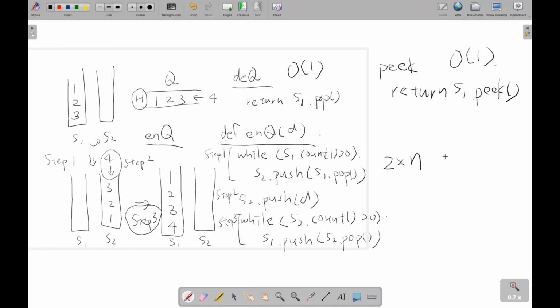Suppose the existing number of elements is n. And then we push one element, this is 1, right? And over here, again, now we have n plus 1 elements. We pop from S2, we push it into S1, again 2 operations. So 2n plus 1 plus 2n plus 2, right? So roughly speaking, if you want the exact count, it's going to be 4n plus 3. But this is just O(n),